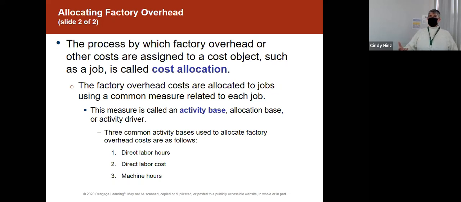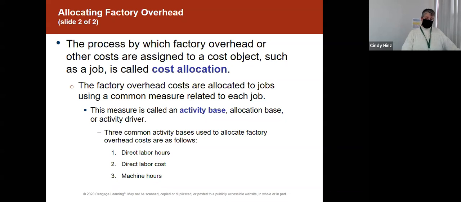What they're looking for is, what do we think makes these indirect costs different for job A than they are for job B, different for the various types of products or jobs that we're working on? And under the traditional approach, we choose just one activity base. A couple weeks from now, we'll be looking at activity-based costing, where we identify multiple activity bases and have multiple ways of assigning these costs. The traditional approach is one cost pool, one cost driver,